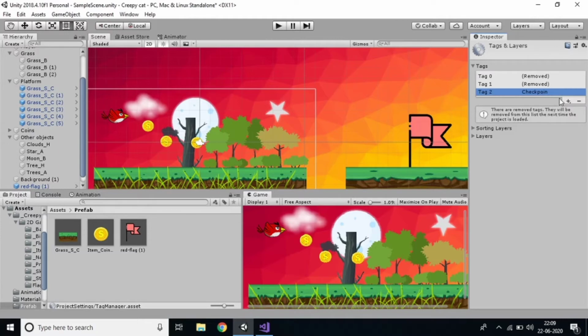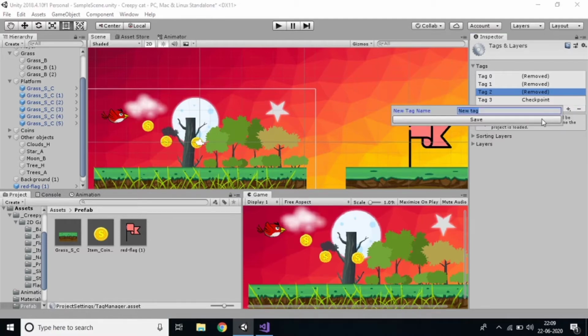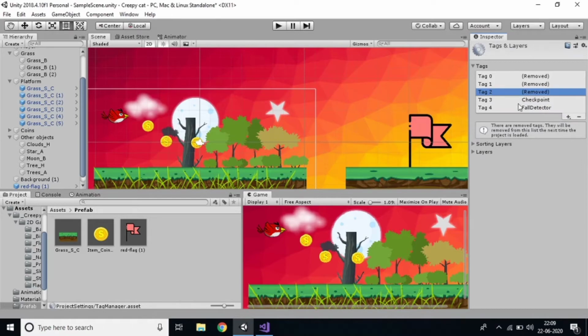It should be the same. You can add and remove tags. And add another tag, name it fall detector. So save. I added only two tags, checkpoint and fall detector.